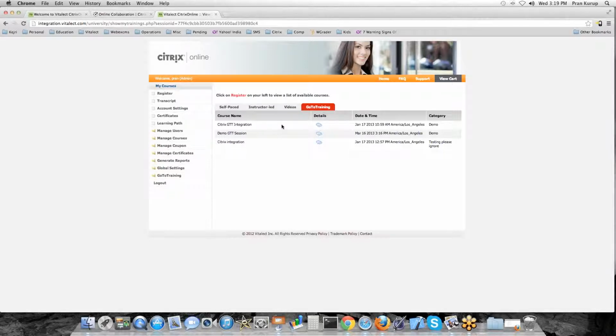So for some reason, if you've forgotten or misplaced the registration email that you received, you can log into the system and then click on the join link to participate in the Go2Training session. Now, the other thing you could also do from within this system is to manage your